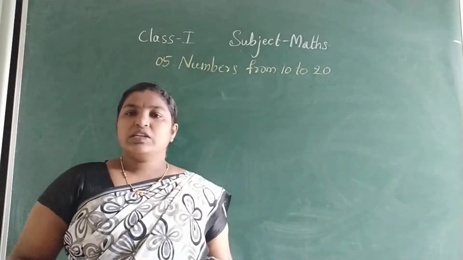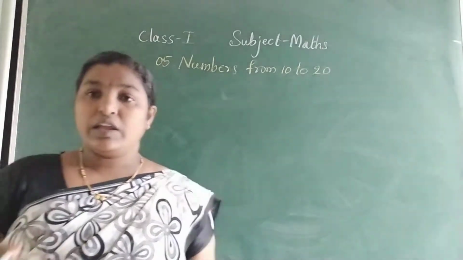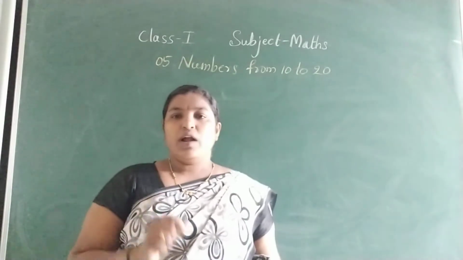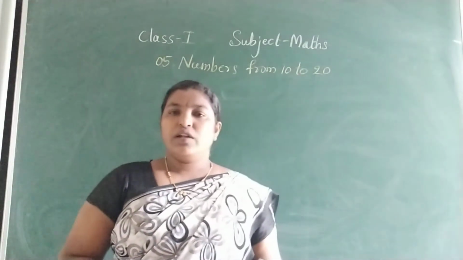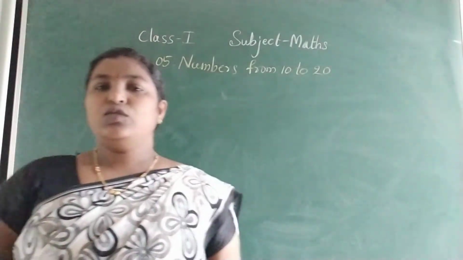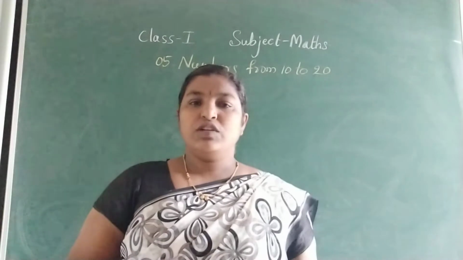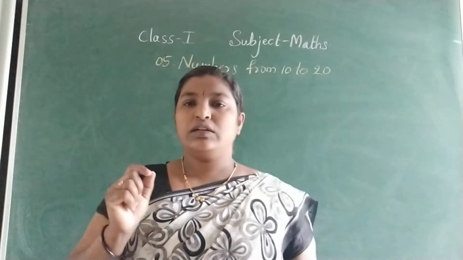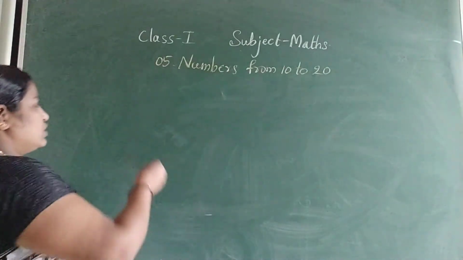So in the previous class you already learned the numbers from 1 to 9. So one digit numbers you have already learned. So how will the two digit numbers form, or how will the numbers from 10 to 20 form? Suppose